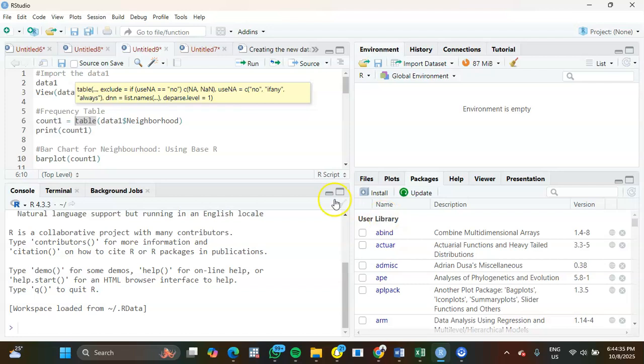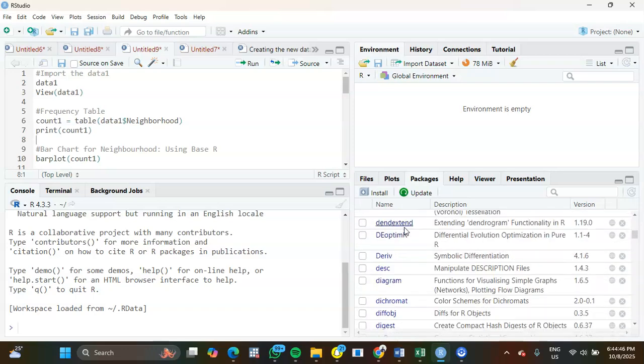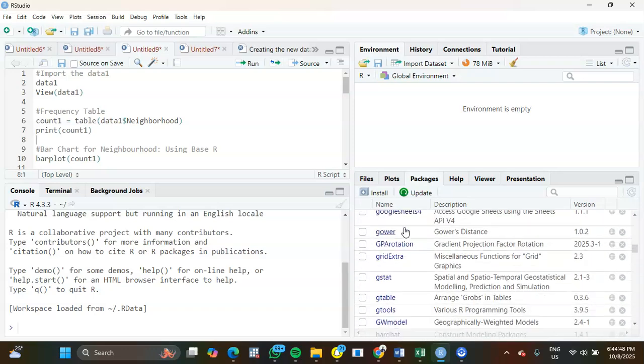Okay, so in order to run any analysis, you need a specific package. And R itself comes with some packages which you would see under the system